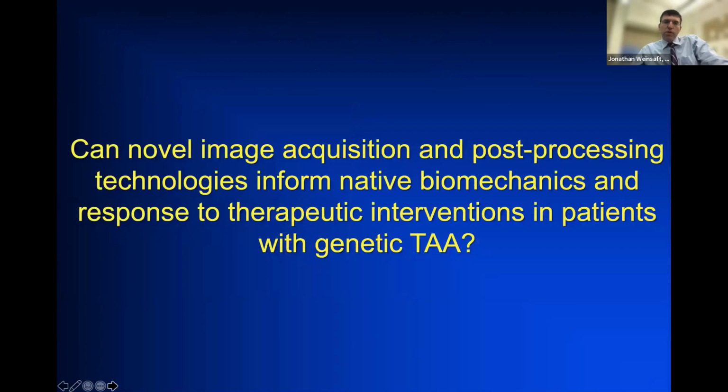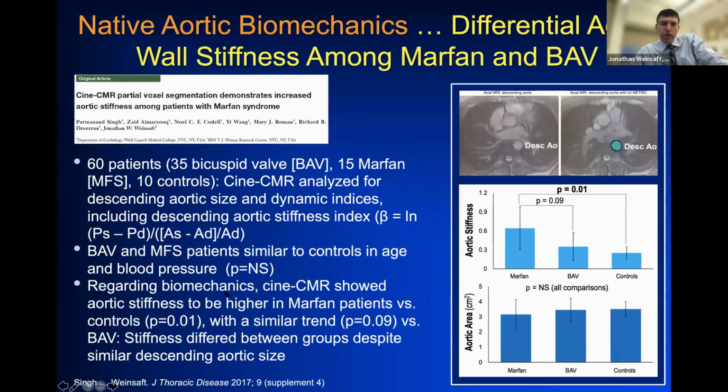The question comes as to whether novel imaging technologies, both for acquisition and post-processing, can inform native aortic biomechanics and thus also its response to therapeutic interventions in patients with genetic thoracic aortic aneurysms. Now, the notion that aortic properties differ between aortic etiology, between genetic etiologies of aortopathies, has been well demonstrated in a number of studies. Here's data from our group looking at 60 patients with differing etiologies of aortopathies, 35 patients with bicuspid aortic valve, 15 Marfan patients, as well as controls, in which we